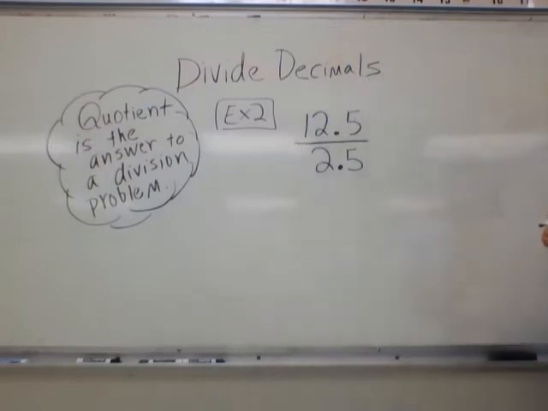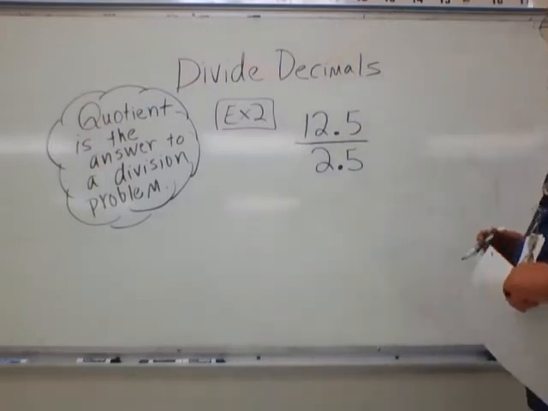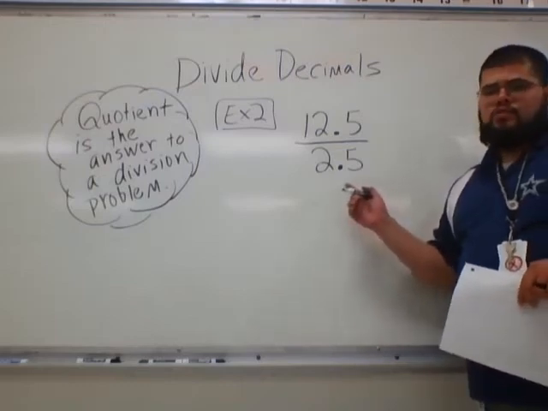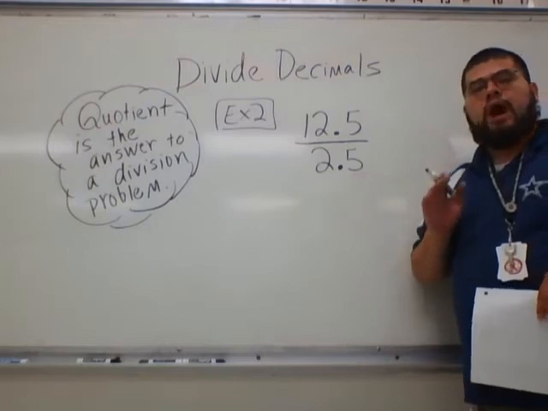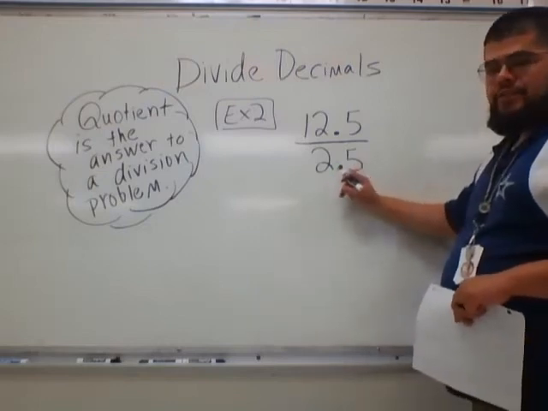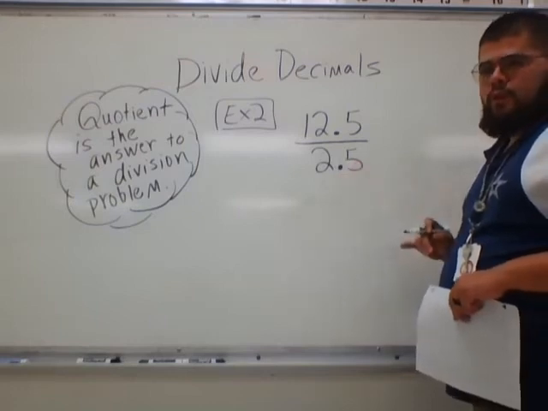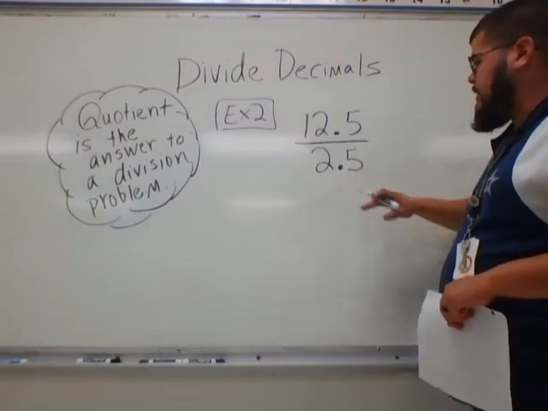Okay, 12.5 divided by 2.5. Now, think about this, let's just say we do not want our divisor to be a decimal. We don't want that. And since we don't want that, we want to go ahead and get rid of this